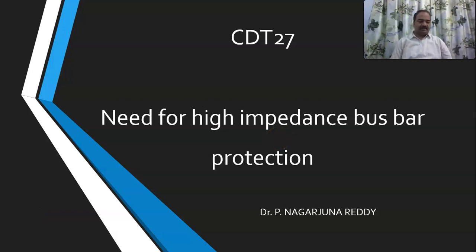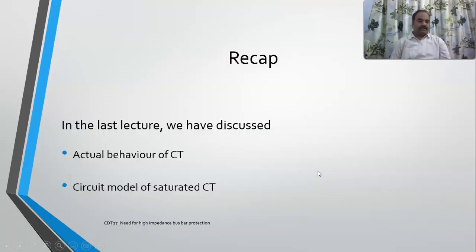Today's topic is the need for high impedance busbar protection. In the last lecture, we have seen the differential protection of busbars, and how a CT behaves in the differential scheme, and we have also developed the equivalent circuit of a current transformer, a CT. And we have also seen that a saturated CT will result in mal-operation of the differential scheme for external faults,